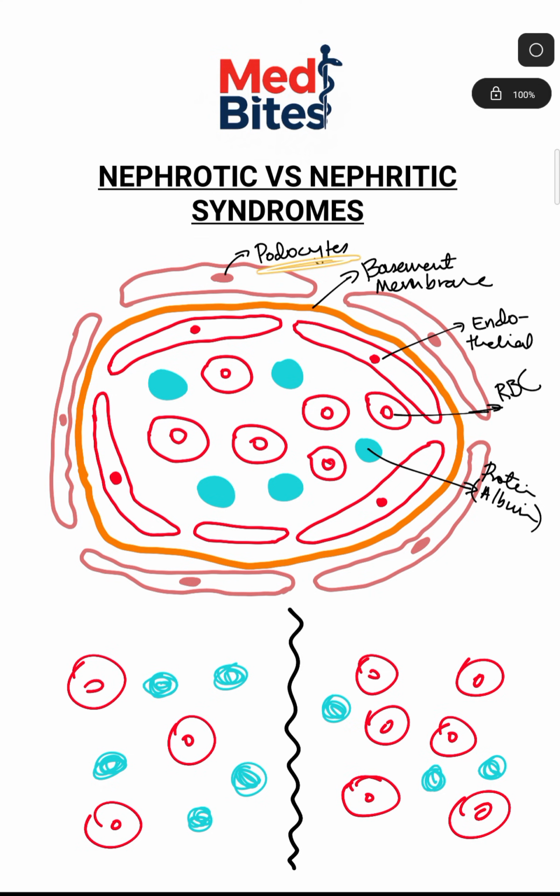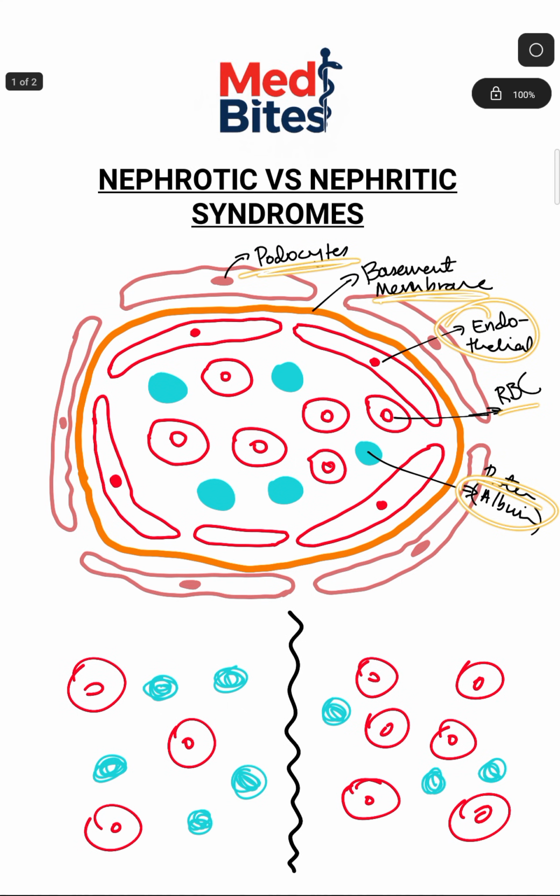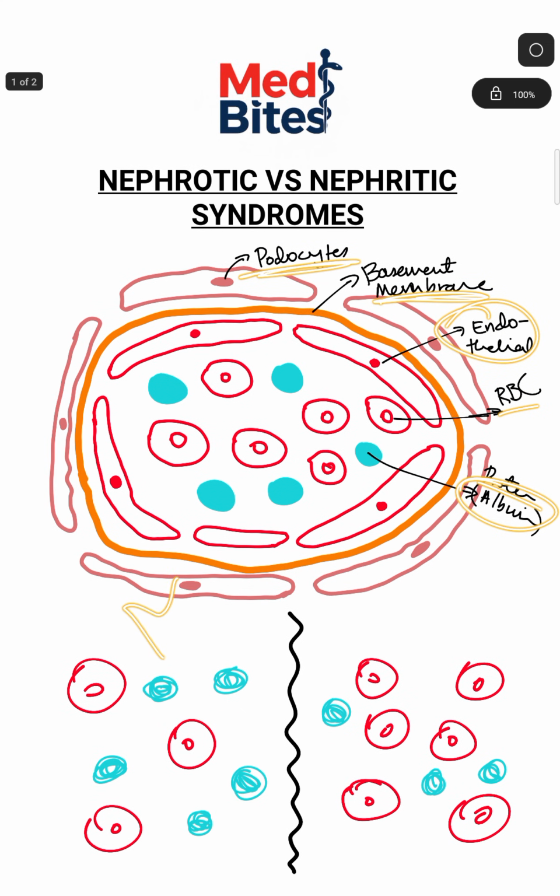So here are the podocytes, here are the basement membranes, endothelial cells, red blood cells, and proteins. So let's say albumin. Now I've drawn two separate pictures over here, and I'm going to draw arrows for them, and they're each going to represent which syndrome they are. As you can see on the left side, we have more proteins than we have red blood cells. This is to signify nephrotic syndrome. And on the right side, we have way more red blood cells than proteins, and this is supposed to show